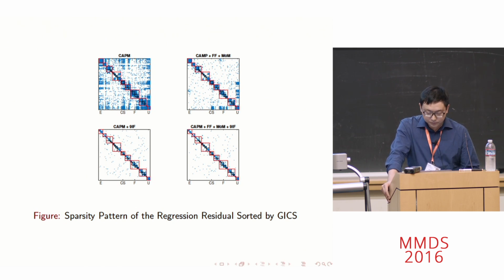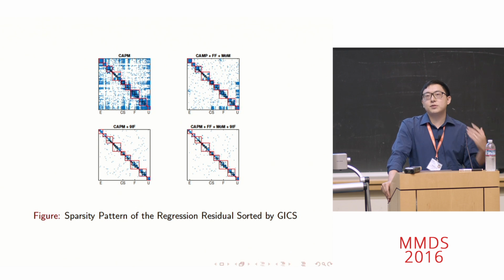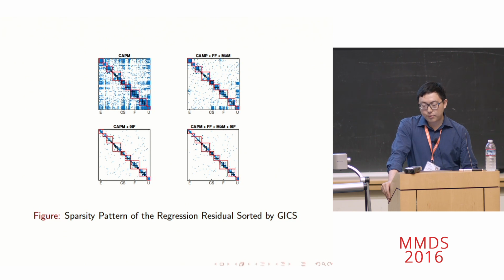For example, if I first sort the stocks by their industry classification codes and then do all the same steps that I have been doing, you can see clearly that a lot of these residual covariances can be explained by these within-industry correlations, which couldn't be captured by the economic factors. So motivated by this, we're going to make an assumption.